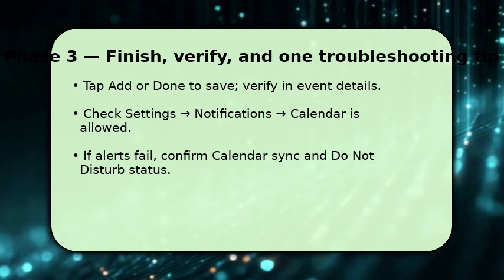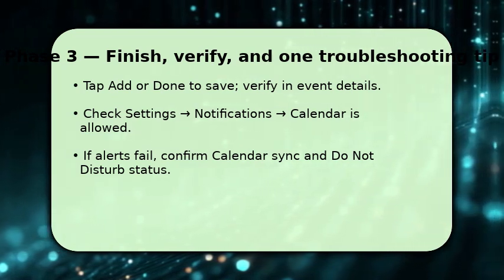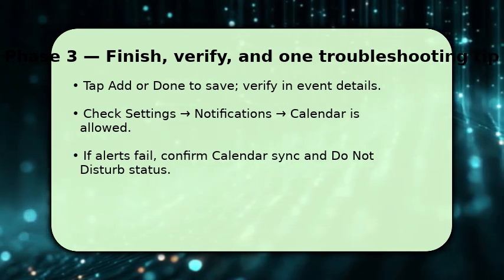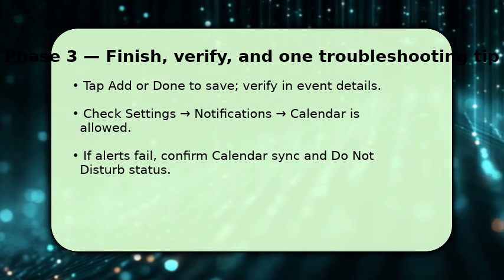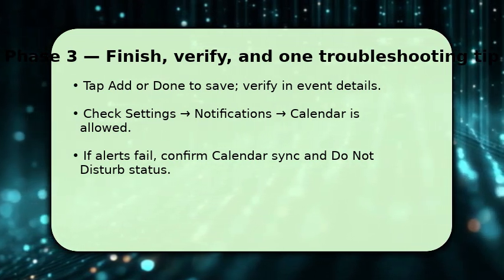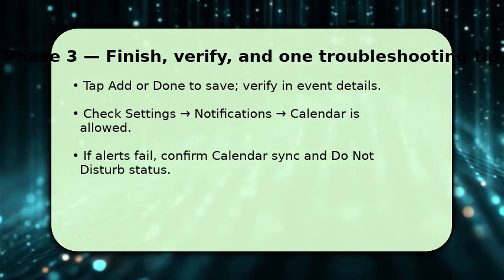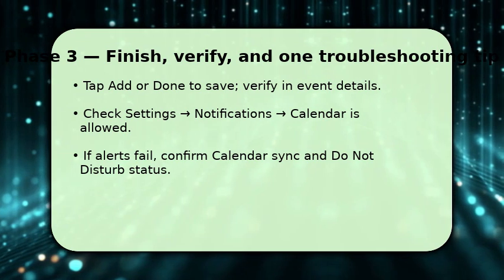If you don't get notifications, go to Settings, right arrow Notifications, right arrow Calendar, and make sure Allow Notifications and desired alert styles are on. Also, verify Calendar Sync is enabled for that account, and that Do Not Disturb or Focus mode isn't silencing alerts. If problems persist,